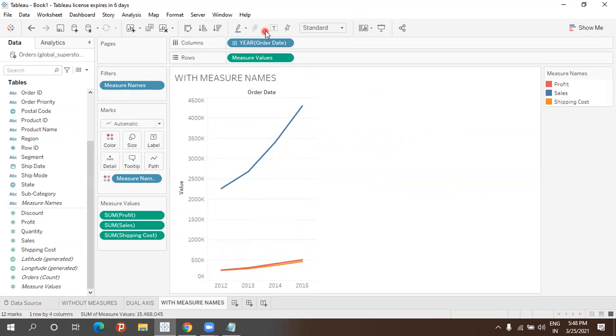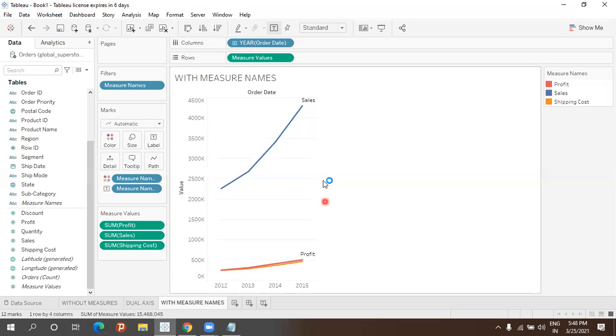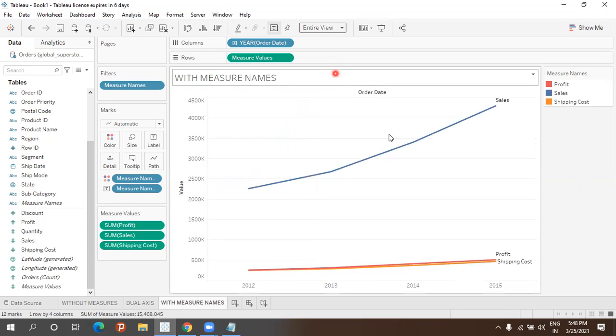When I want labels, let me enable the labeling also. Clear? Yes, sir. I'll use the shape of labeling. So they're saying this is label, sales, profit. Still I can't see this one, the last one, shipping cost, it is a little lighter, very small. So now just click enter fit view. Now can you see this? Shipping cost, profit, sales.